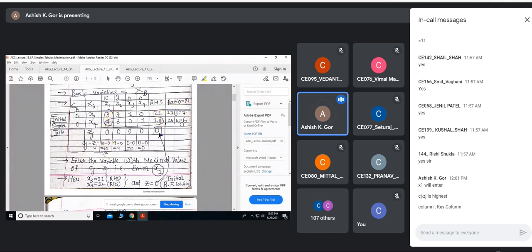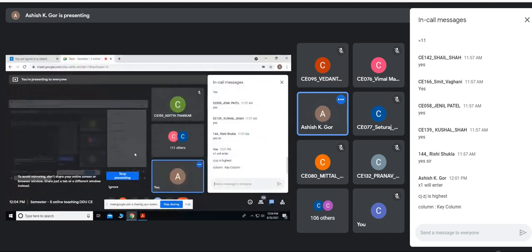So this is a limiting constraint, right? You can increase x1 maximum up to 6. You cannot increase up to 7, otherwise the constraint would be violated. So the variable x4 is going to leave the solution, and x1 is going to enter the solution. That's why this is called the entering variable, x1, and x4 is the leaving variable.